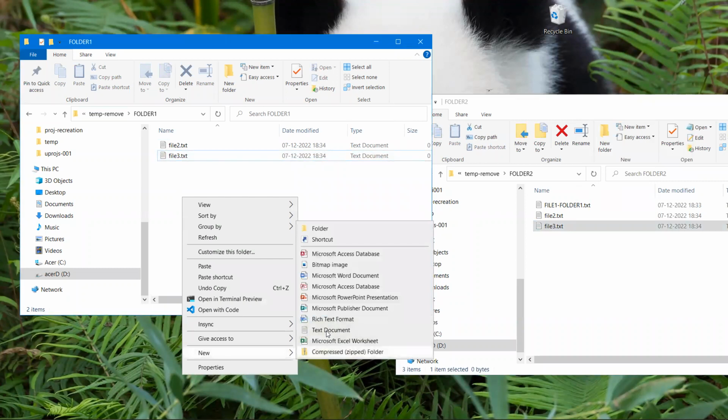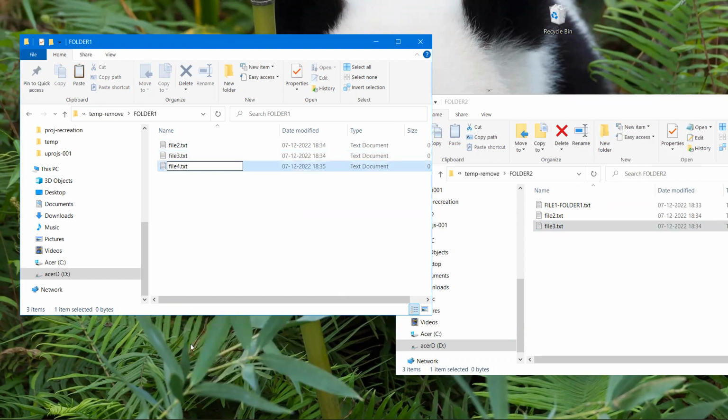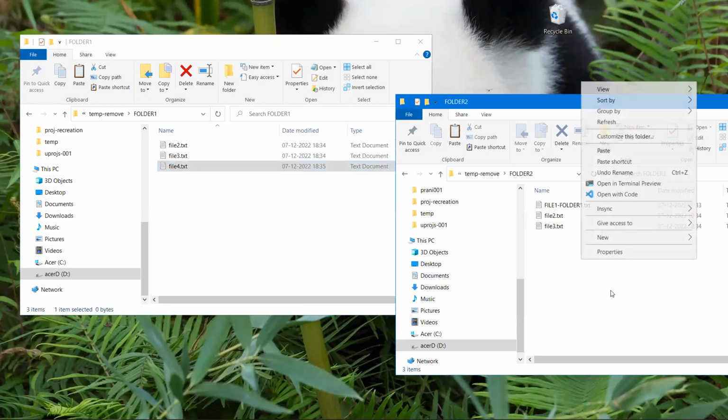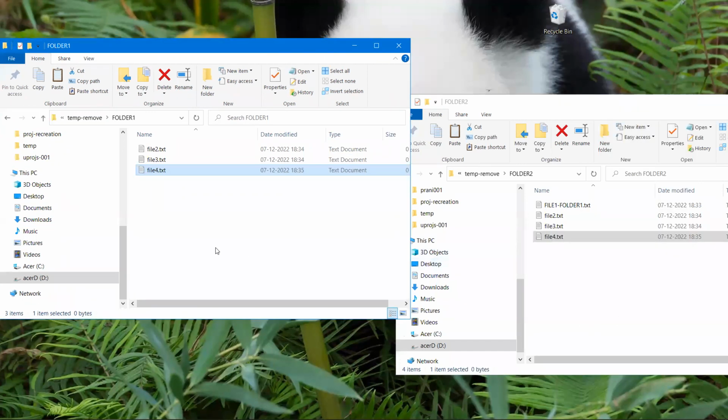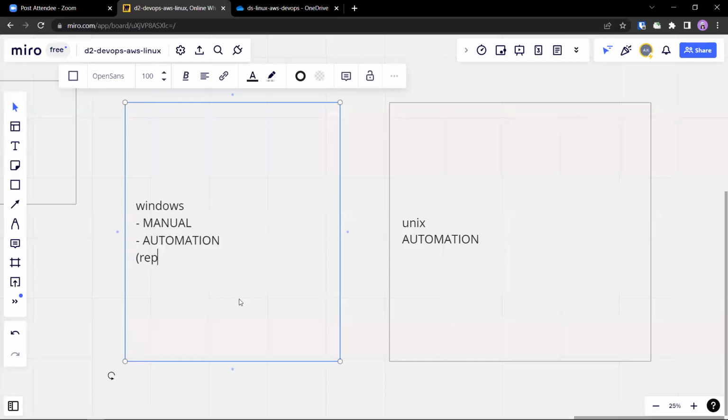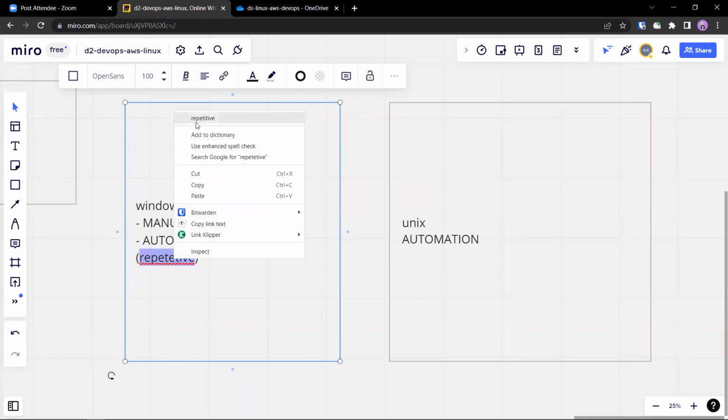Create, copy, move to the other side, folder 2, paste. Right. Now everything I have done now is manual in nature. But the process is repetitive, you see. Remember the word repetition. This is a very important part of automation. Repetitive means anything that gets repeated, a pattern or a series of steps.